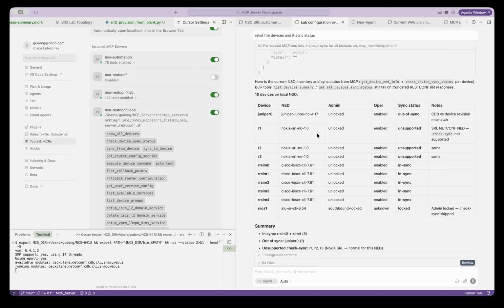My lab is still NSO, and I have three devices. The three devices are real devices, well, still kind of a virtual Nokia lab that I did last time. I deployed three routers. They are real and they are up and running. R2 is a reflector in my BGP setup.